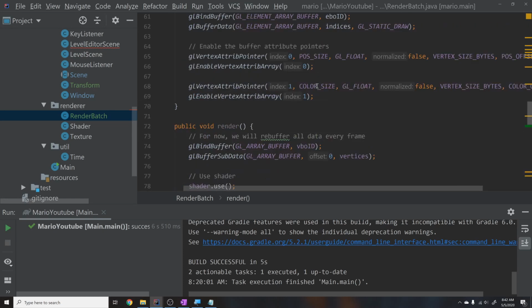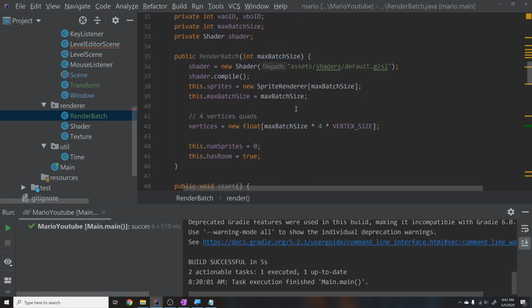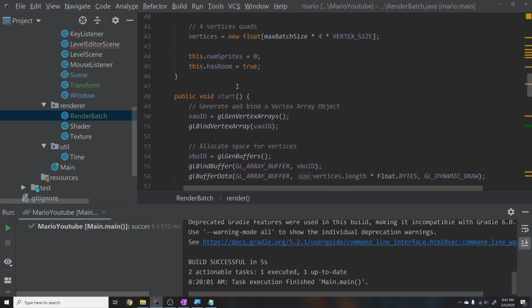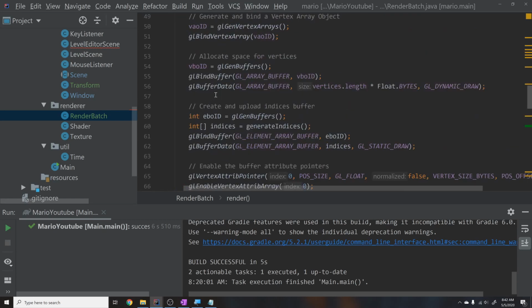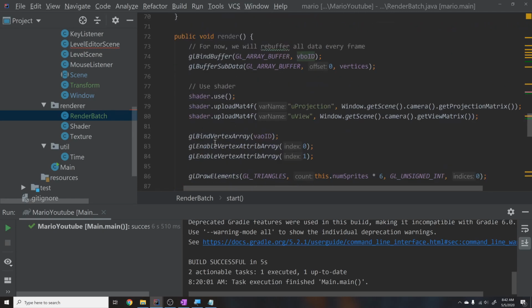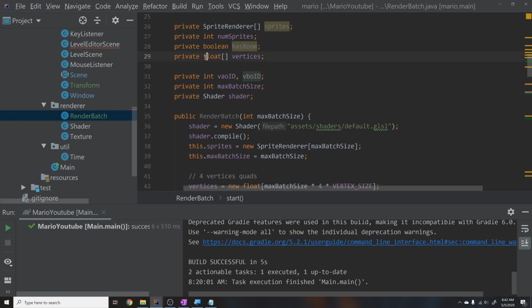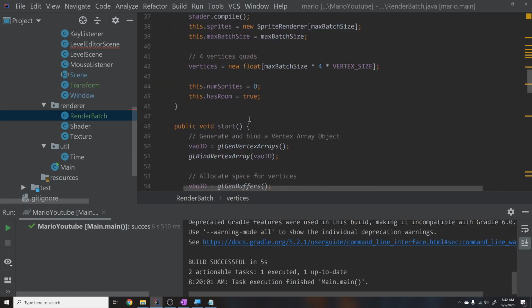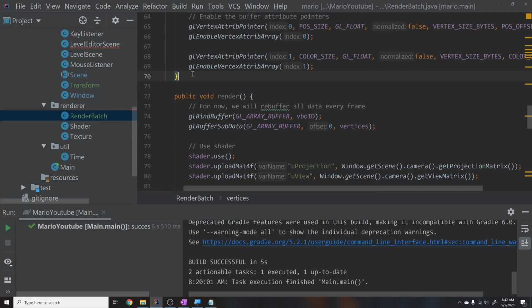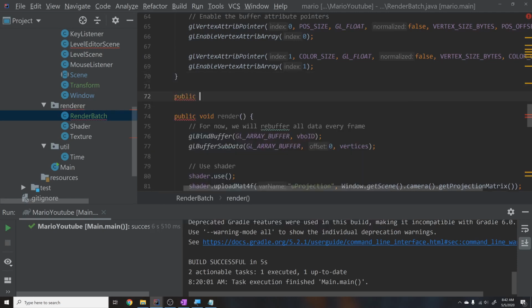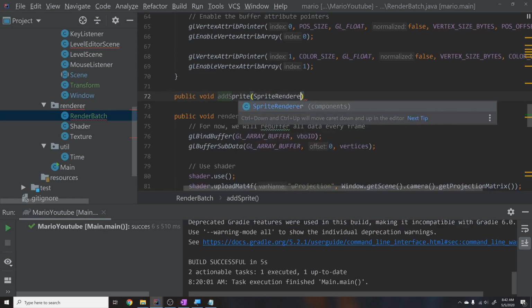Last thing we have to worry about. We have all the data and stuff, but we don't really have any way to get a sprite into this vertex array, right? We're never placing any data into this VBO. I mean, we are here, but we're never placing it into our local copy, this thing. So the vertices are always just a bunch of zeros. We want to fix that. So we will create another function, which is going to be add sprite. And this will allow us to add data to that array. So we'll say public void add sprite, and this will take in a sprite renderer,